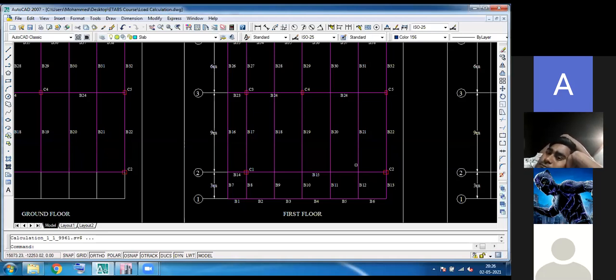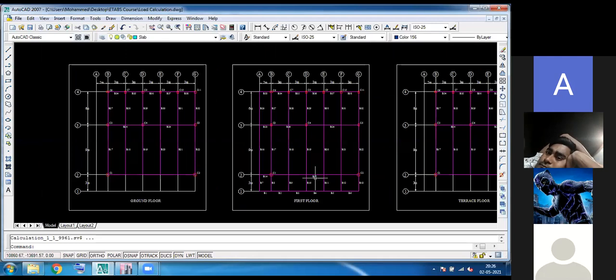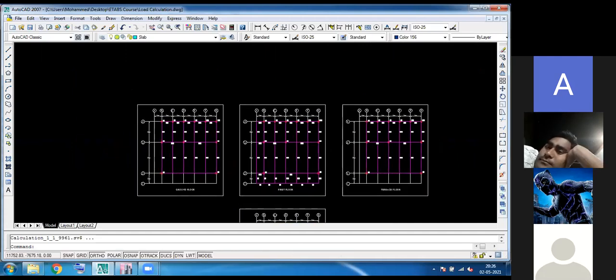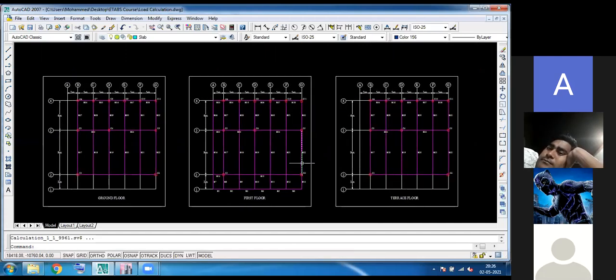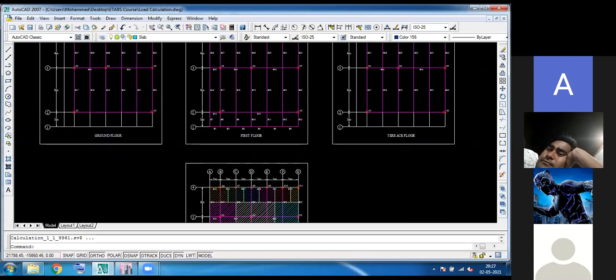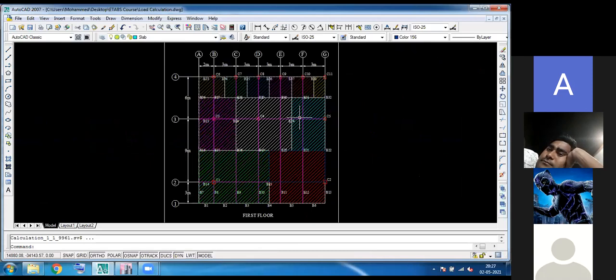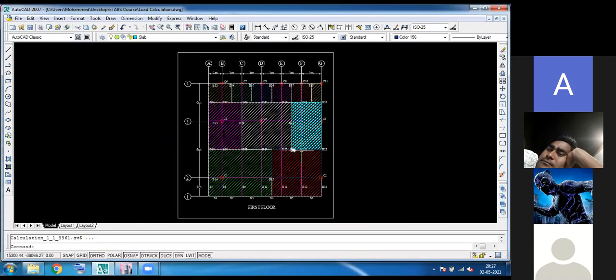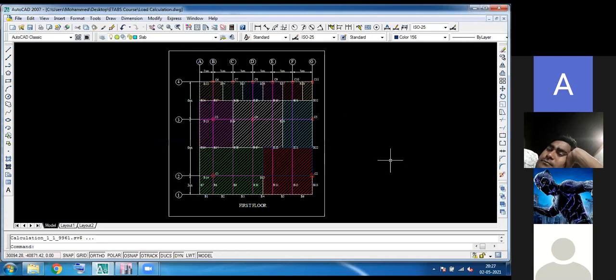So this is a little complicated one to analyze. We need to fix the sizing of the beam as well as the column properly in order to get the proper result. So by using these values, I'm just getting into ETABS, and in our future sessions, you will also learn the manual calculation. You can see this is the way we will calculate the loads on the foundation by using the tributary area method.